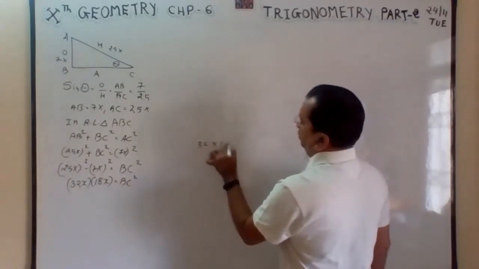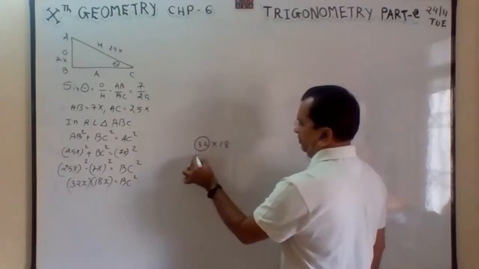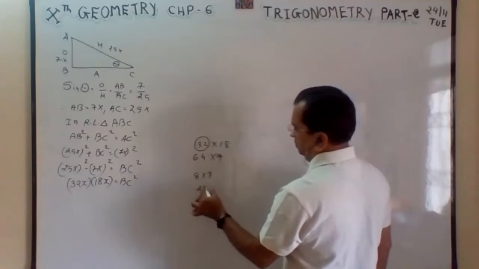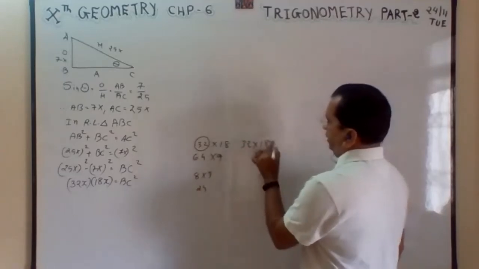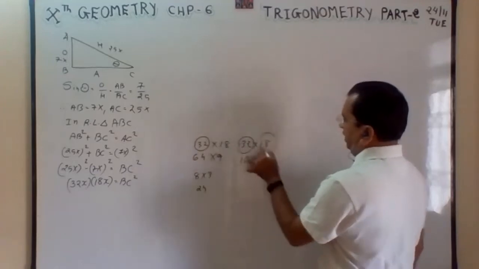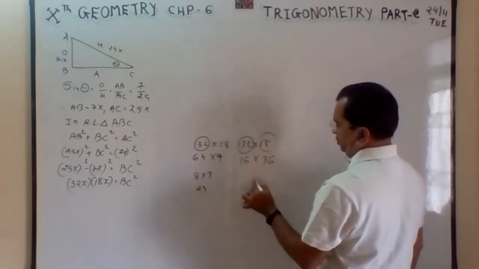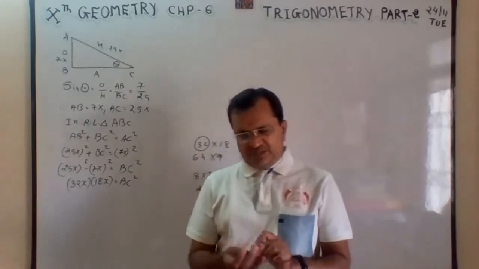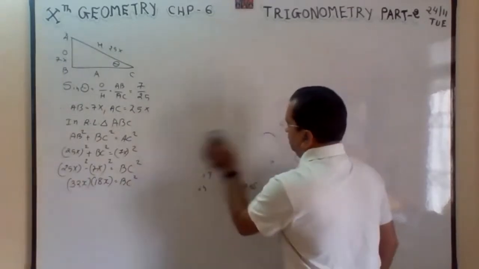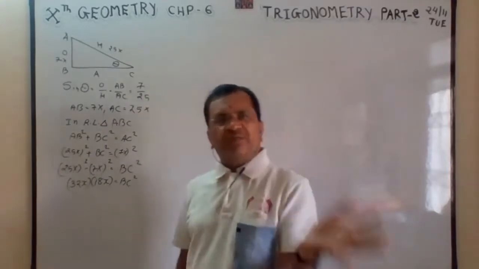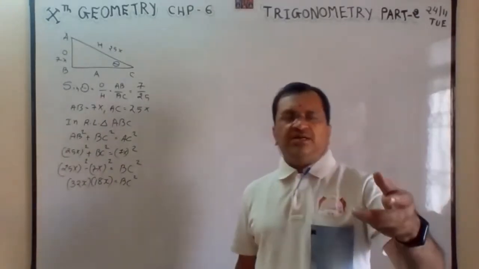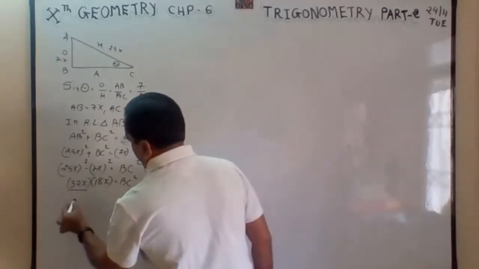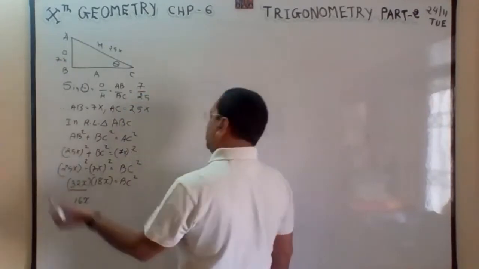See, 32 into 18. So you can make this double and this half, then take the square root. So 32 into 18: make this half, make this double. So 16 square root 4, 36 square root 6. So in both ways, you will get the correct answer. When both numbers are not perfect squares, how to make them perfect squares? One make double, one make half. Always the bigger one, make it half, and the smaller one, make it double.